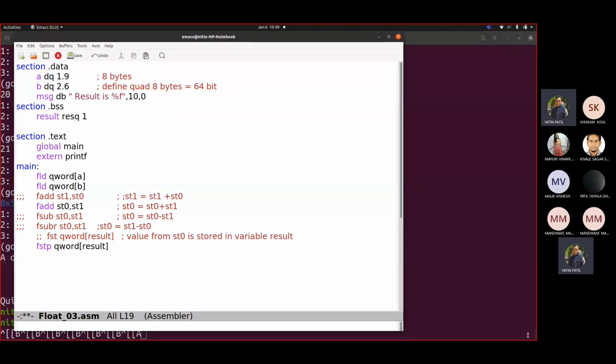So let us say you have the addition in st0, correct? Right here, subtract esp comma 8. I'm creating a space on the stack, and write fstp esp. Push msg, call printf, add esp comma now 8 plus 4, 12, because first was 4, this 8 and this 4. Let us see whether we get something there.